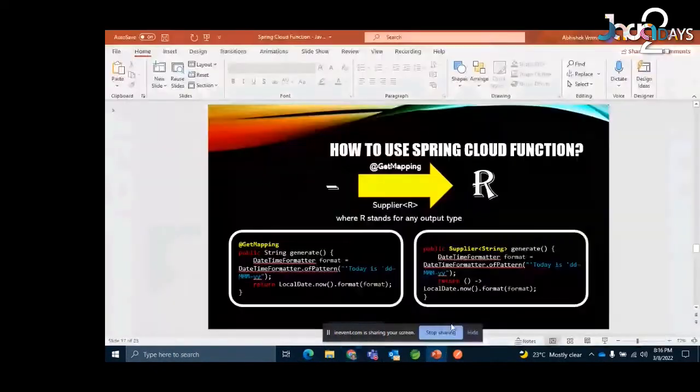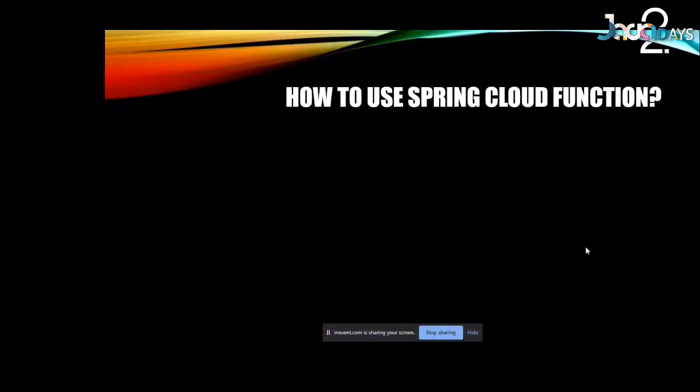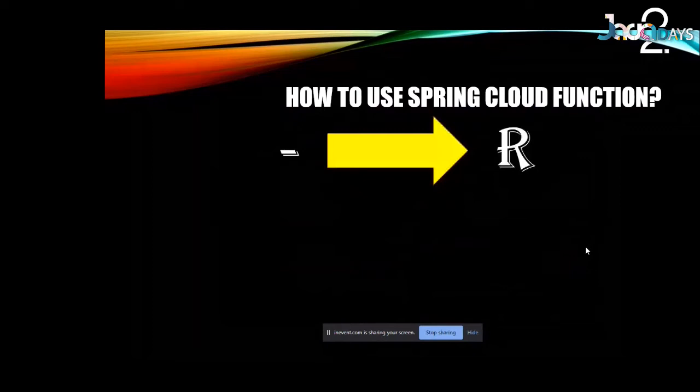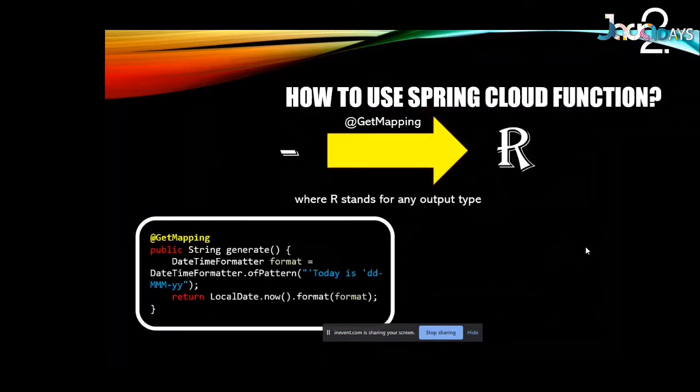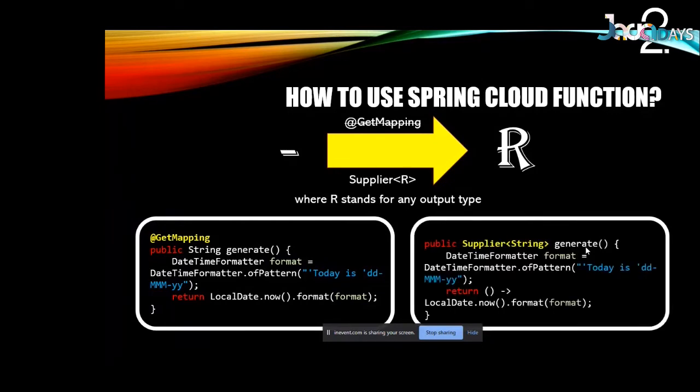Actually, the name which we are going to call for that is supplier. The supplier we will be using there. That's the perfect name, the predefined functional interface. So we can do the same job with the help of supplier. Now, as you can see, there is no get annotation available here.